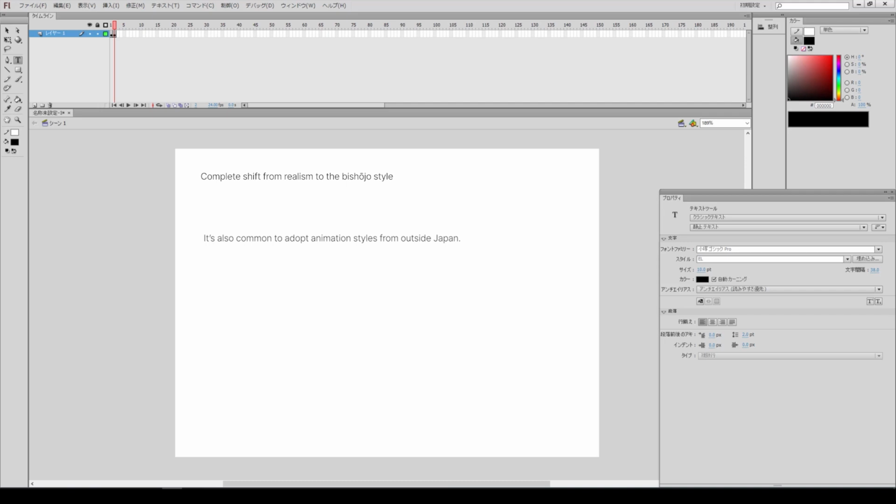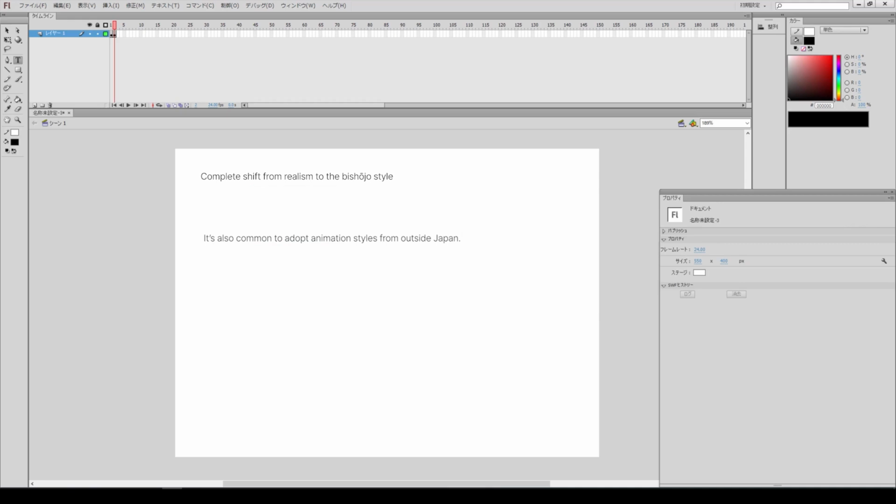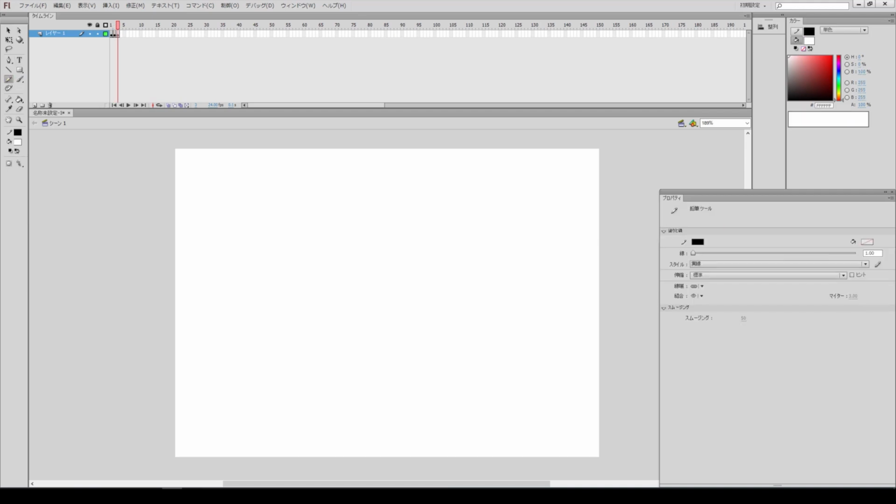Let's end the historical story here. I'm going to wrap it up around here. Before that, I'll discuss the animation used for key animations. This will be focused on the animation. There are several different approaches to how to make a key animation. I'll explain the content comparing Japanese and non-Japanese styles.